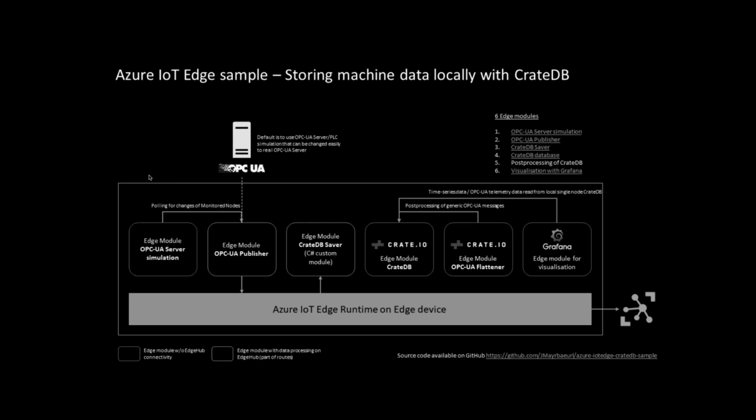CrateDB, an enrichment module that reads data from the raw table. Oftentimes the data that is coming in might be unstructured, or it might be structured data with a lot of different messages. So the enrichment module takes data from the raw table and makes it strongly typed and puts it into different rows. And it writes it to the metric table. And finally, the Grafana module for visualization of this data, which is reading it from the metric table.